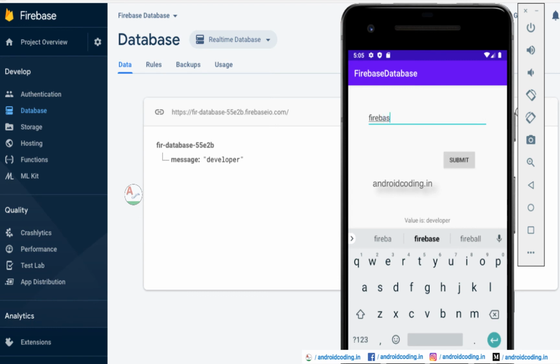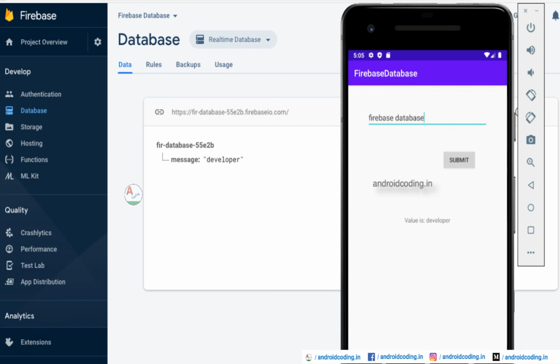Firebase. And now try to observe here and here just once. So you can see, yeah. This way we can make a basic CRUD operation on the Firebase database.